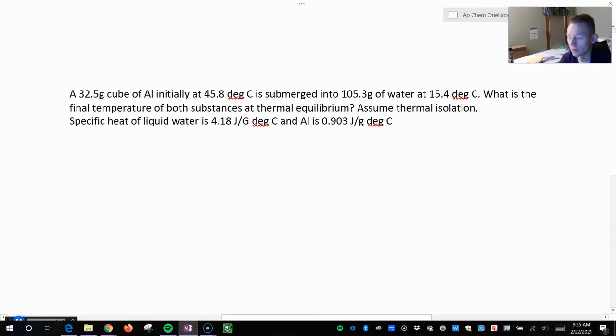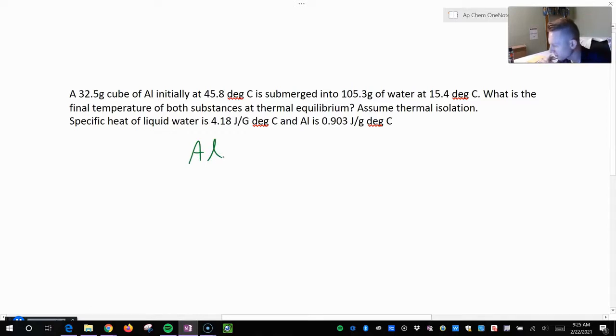And we're going to assume thermal isolation because that makes it a lot easier. No energy is transferred outside of these two objects. And then it gives us the specific heating capacity of liquid water and aluminum. So in order to conceptualize how to start this problem, the amount of energy, so we're going to have like